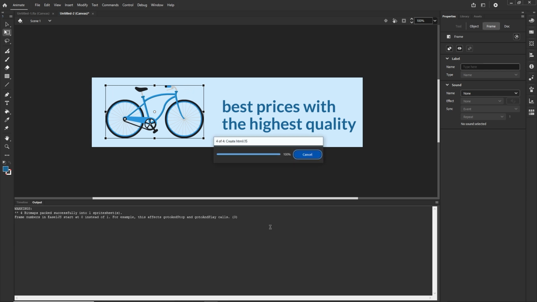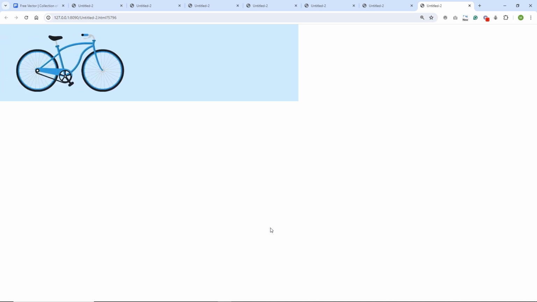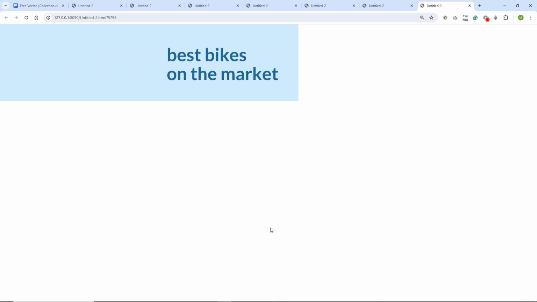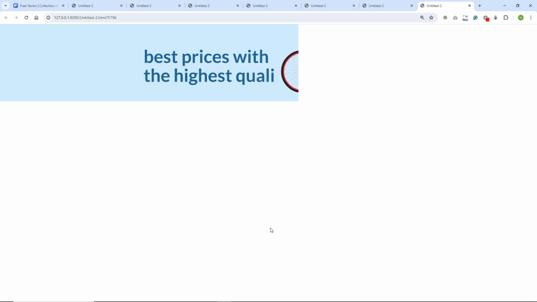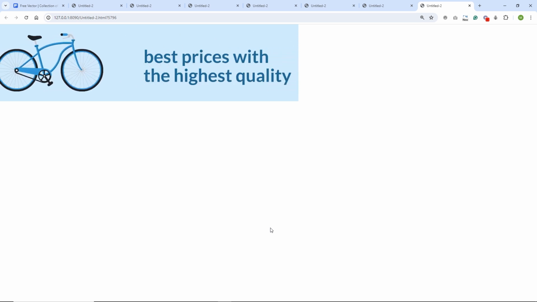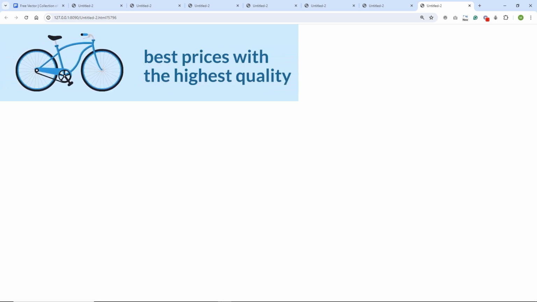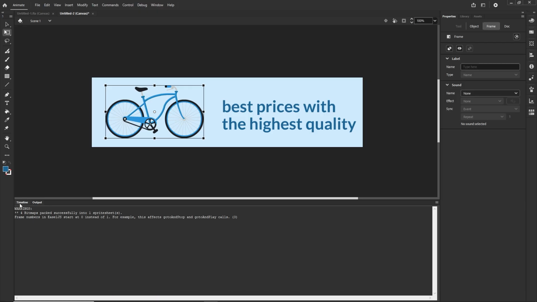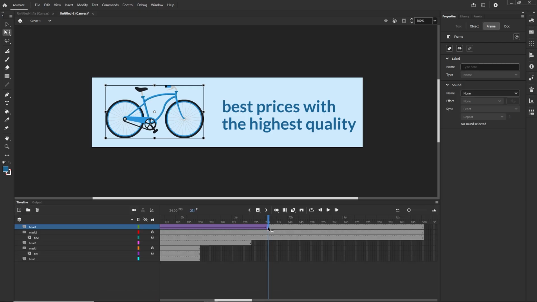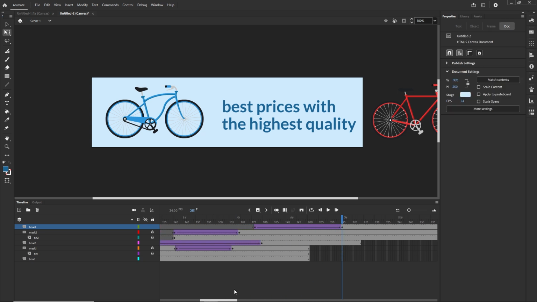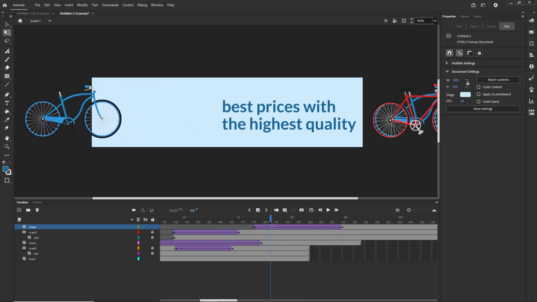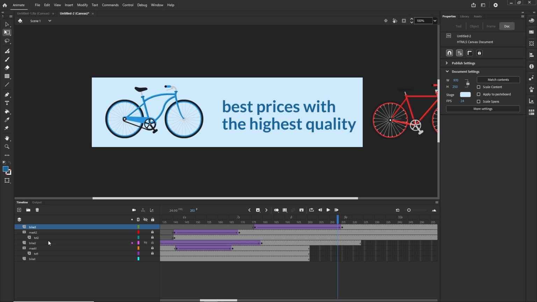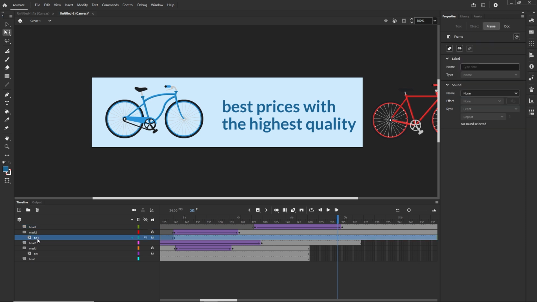So I will go with Control Enter, Command Enter to see what we are going to have. So we are going to have the first one, we are going to have the second one, and the third one is going to come like so. I would like this one to come a little bit quicker, so I am going to go maybe like so, and yeah. And the last thing that we can do, if we want, we can go to the text number